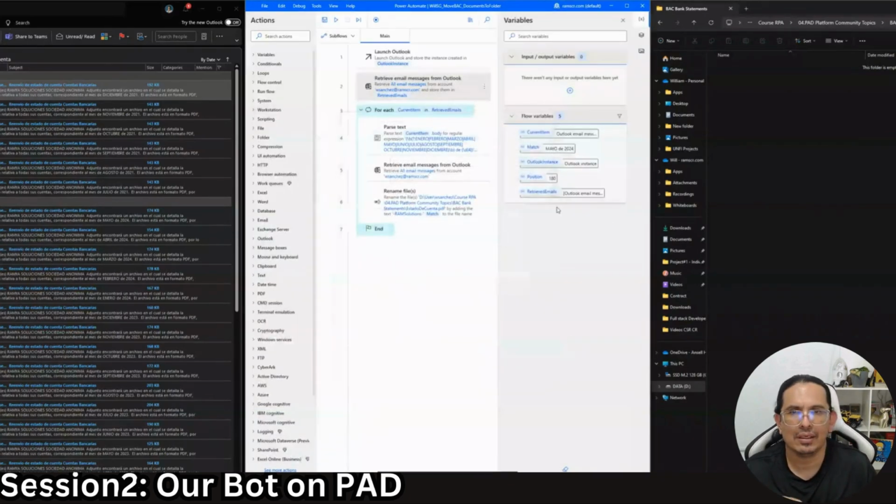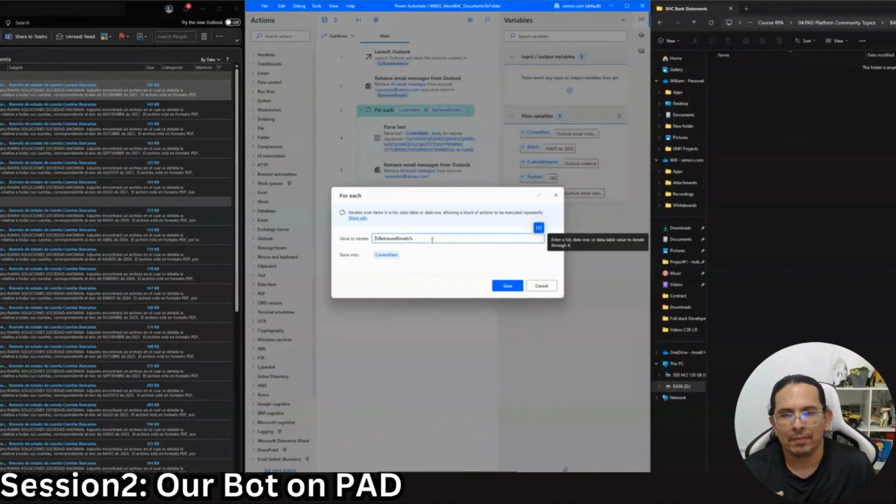Let's click cancel. Okay, and now let's go to the For each action. This is a really interesting action, and I really like it a lot. There are different loops in Power Automate Desktop, but I really like this For each action. So I'm going to open this action, and we are going to be able to see that the value to iterate is the list that is contained in the RetrievedEmails variable that was created in the previous action,